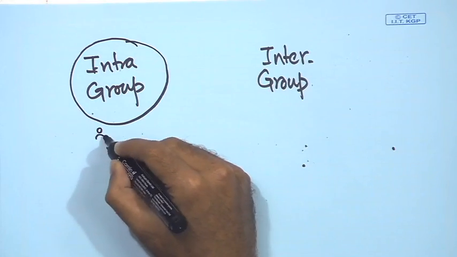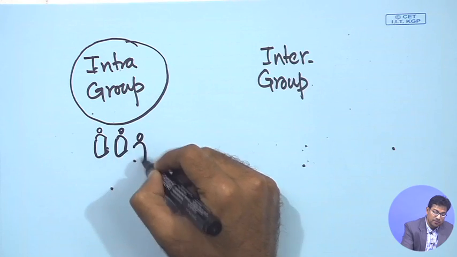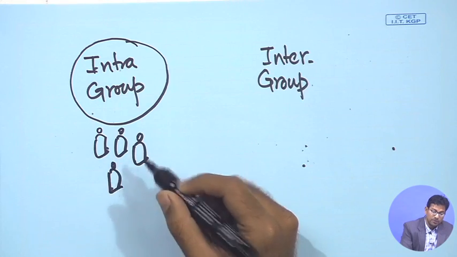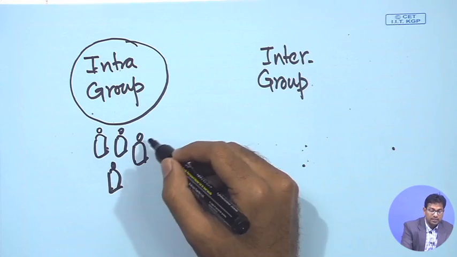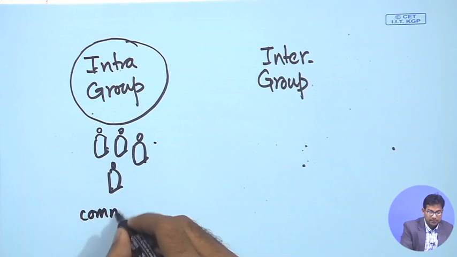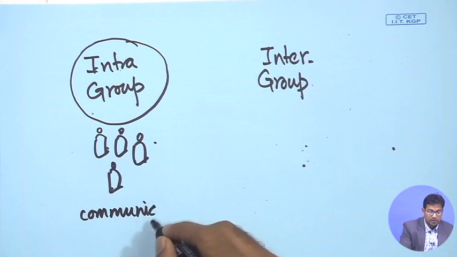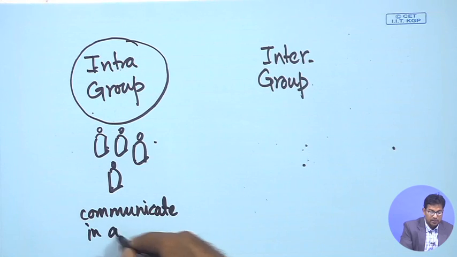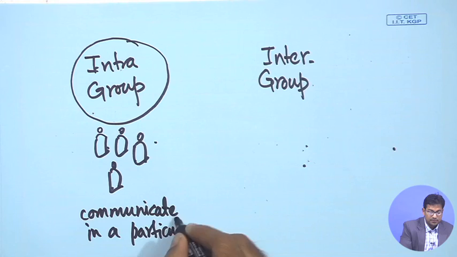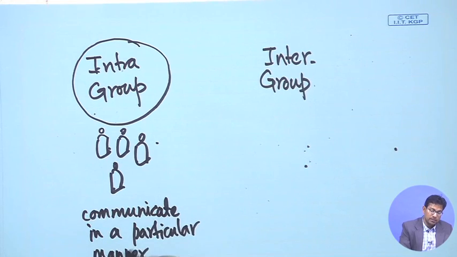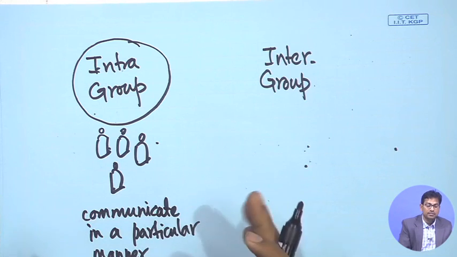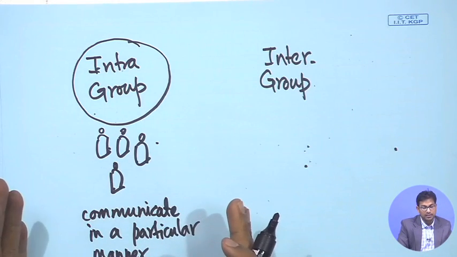So, this is just an example, but to make you understand that groups are formed with individual entities. There are various entities that have been formed, and this particular group behaves in a particular manner, or they communicate in a particular manner. This is very key to human communication, because we are segmentalized in some group or the other, say